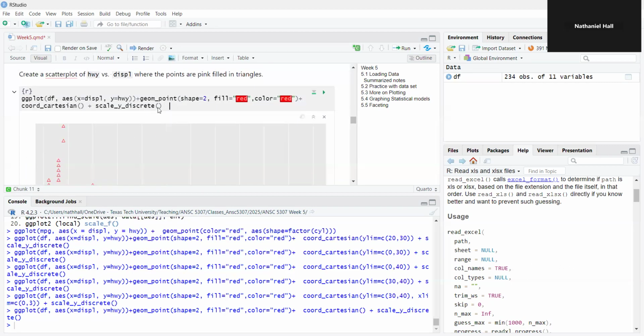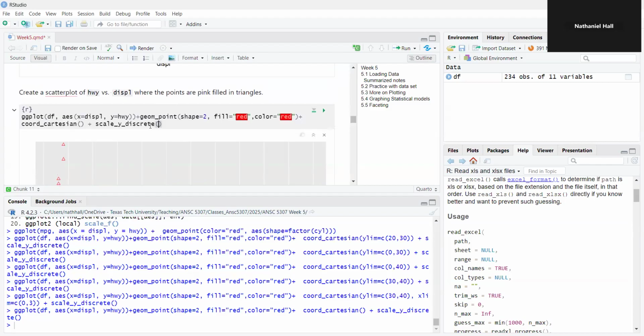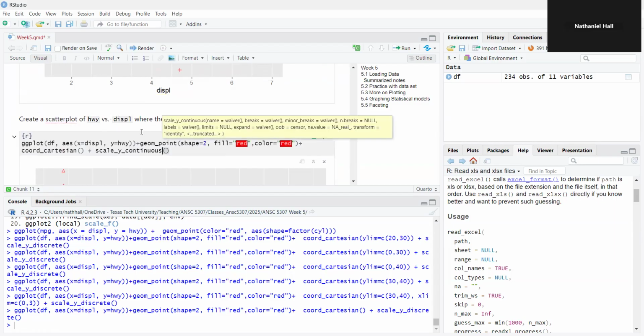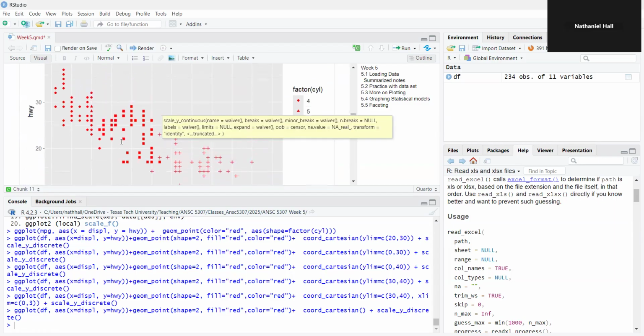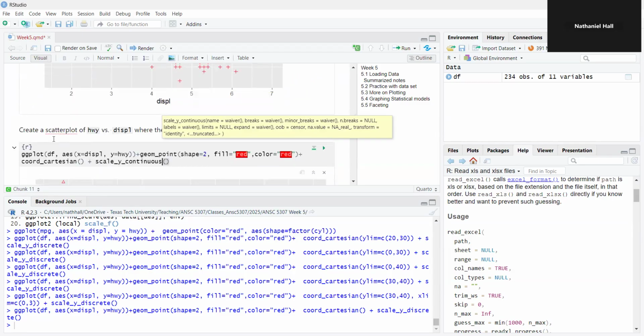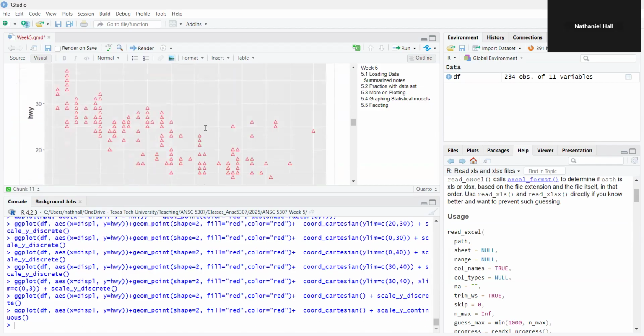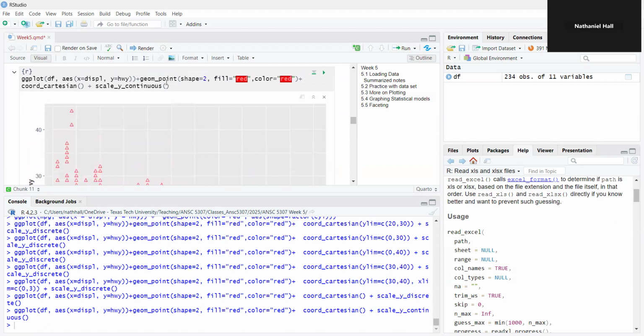Now, the scale_y_discrete, there are different types of scales that we can specify. So there's discrete y scales, but there's also continuous y scales. So a continuous y scale is actually what the appropriate one would be here. And that is because we have a continuous measure as our y variable. And inside, by specifying our scale_y_continuous, this gives us a lot of controls in how we want it to look. So for example, I can say my breaks are equal to, say I want it to be